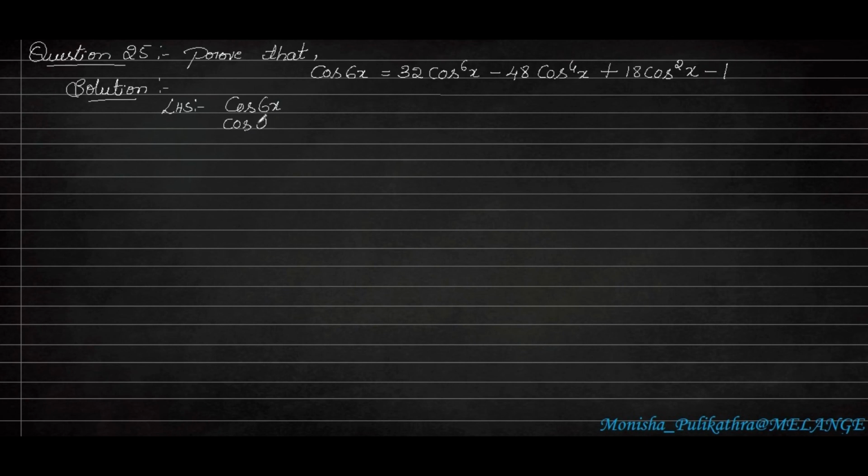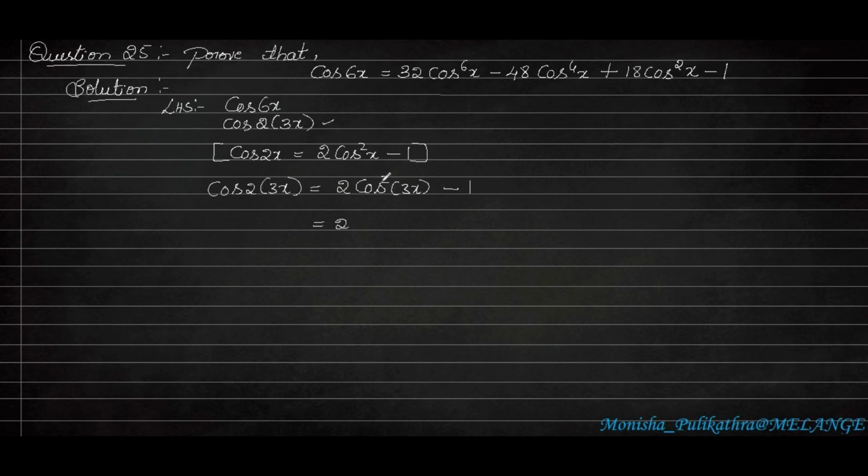So we can even take it as in the form of 2 into 3x, where this x is equal to 3x. So remember the formula, that is cos 2x is equal to 2 cos square x minus 1. So we should apply this formula to this step. So cos 2x, in the place of x we have taken 3x here. So cos 2 into 3x, which is equal to cos 6x. It is in the form of this formula cos 2x. So it will become 2 cos square 3x minus 1.